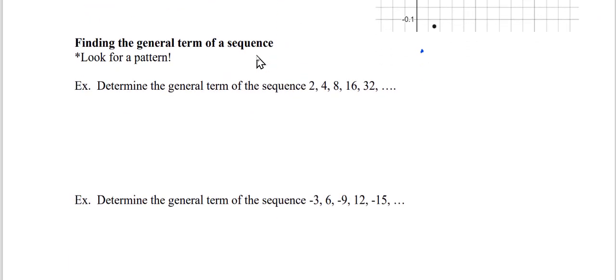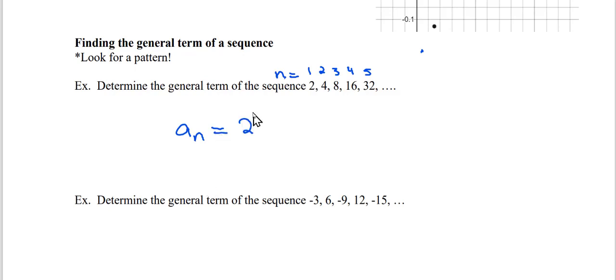We're going to go the other way now. I gave you a sequence here, and I want to look at the general term of that sequence. Remember, this corresponds to n equals 1, n equals 2, n equals 3, n equals 4, n equals 5 here. So we need to think about the relationship between 2 and 1, 4 and 2, 8 and 3, and so on. This a sub n,